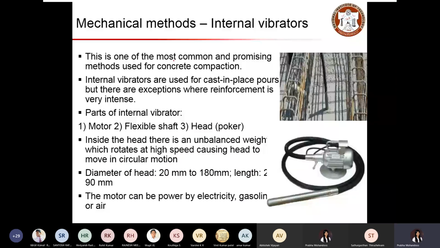So now let's look at the compaction method using internal vibrators.